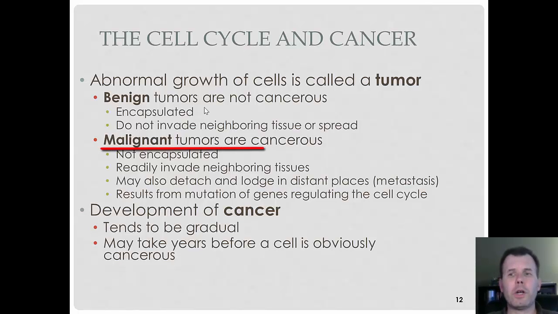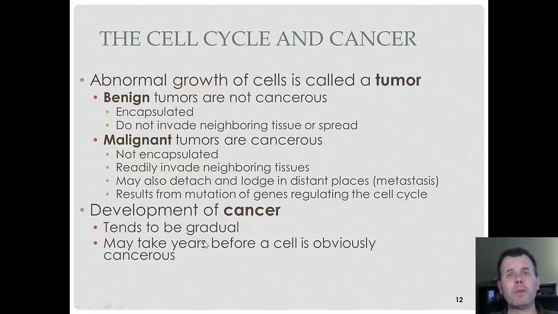The type that we worry about are these malignant. Malignant means that they just don't look right. These are ugly looking cells that just keep dividing out of control and there's no stop to them. They just don't look right, and that's the big thing. They invade other tissues, they break free. These are gross looking cells that you don't want in your body, and so that's what we worry about when we talk about cancer. So you either have benign tumors or malignant. The malignant ones are the ones you worry about.